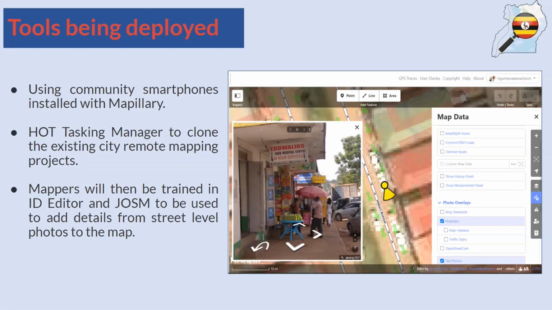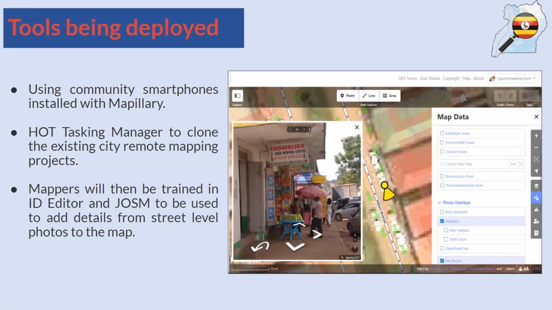And then we also use ID editor that is directly embedded in OpenStreetMap, and also the Java OpenStreetMap editor, which is JOSM, that is used to display these photos and add the details on these photos to OpenStreetMap.